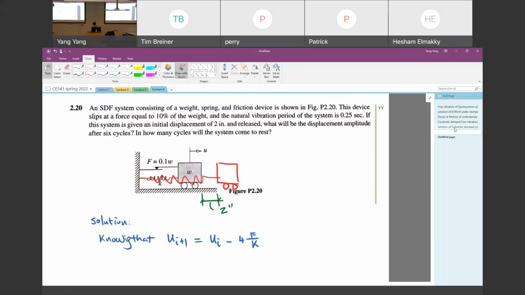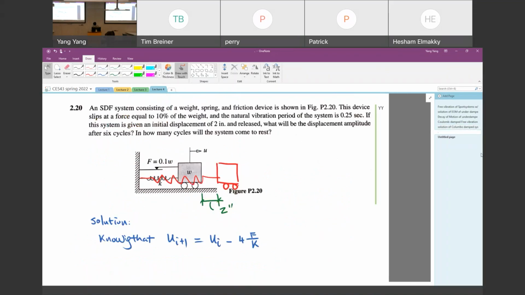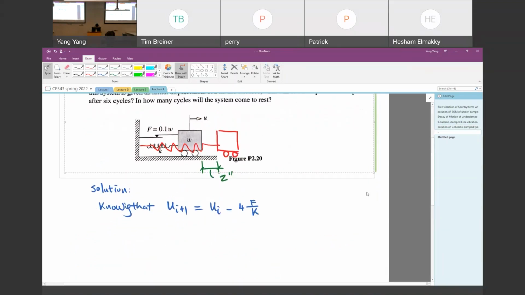Remember here, we have an initial displacement. After 1 cycle, we will have a smaller one. So we should be able to use this equation. So that means after 1 cycle, we need to calculate that. Okay, so the F is equal to 1 times W,